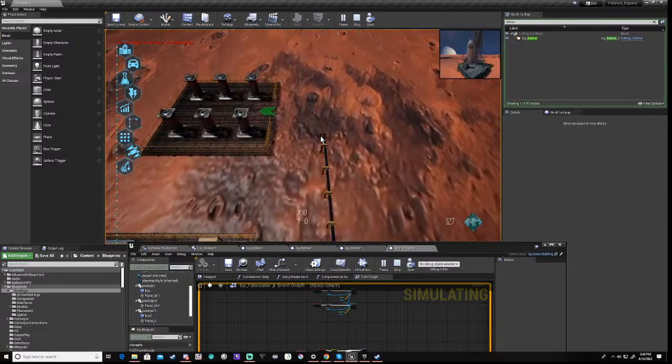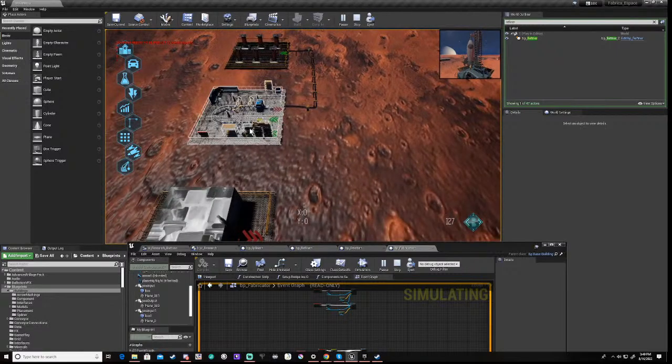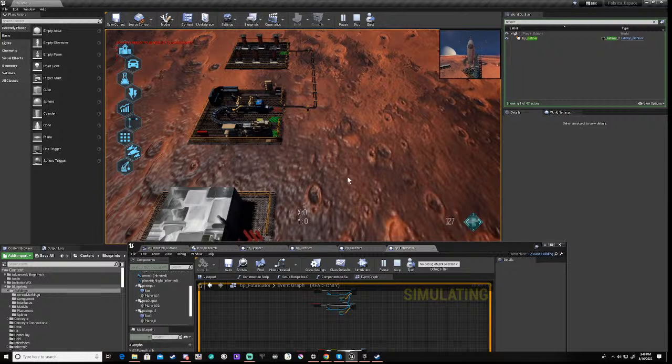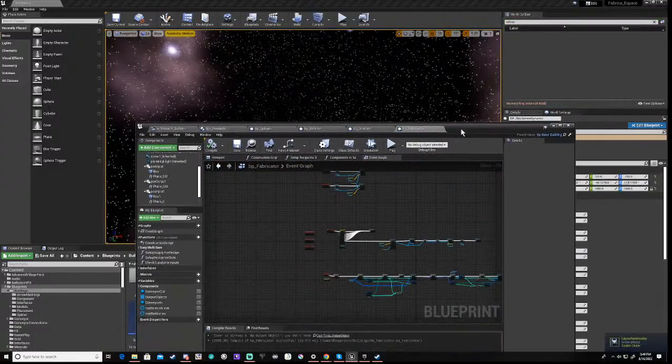Beautiful. There we go. Excellent. Then the whole thing lights up, which is perfect. And I think what we'll do, as far as the fabricator goes, is we shall set up